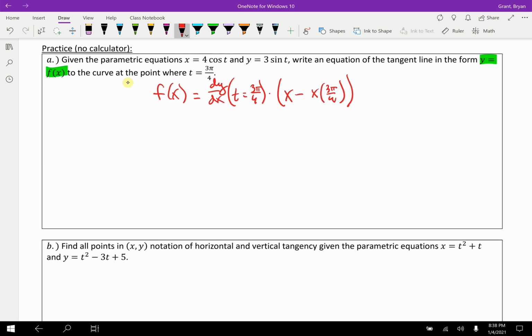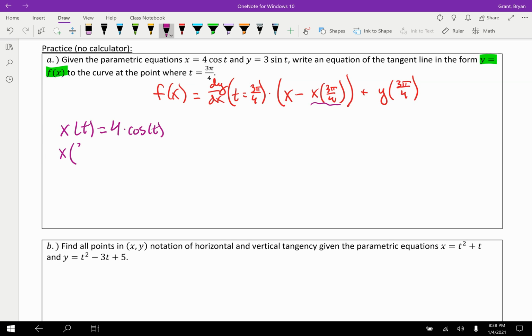Okay? And then at the end, we need to add on the y function defined at 3 pi over 4. And I know this is messy with all the extra parentheses, but I think it'll make sense in just a quick second. Let's start with the x and the y function. We'll start with x. So we know that x, and I'm going to change this to function notation and call it x of t, is equal to 4 times cosine of t, which means